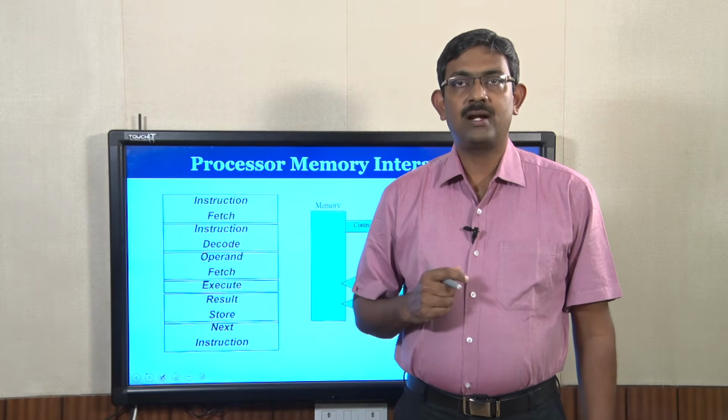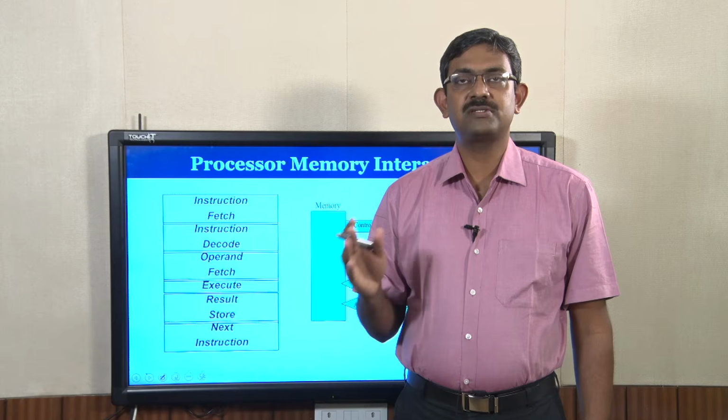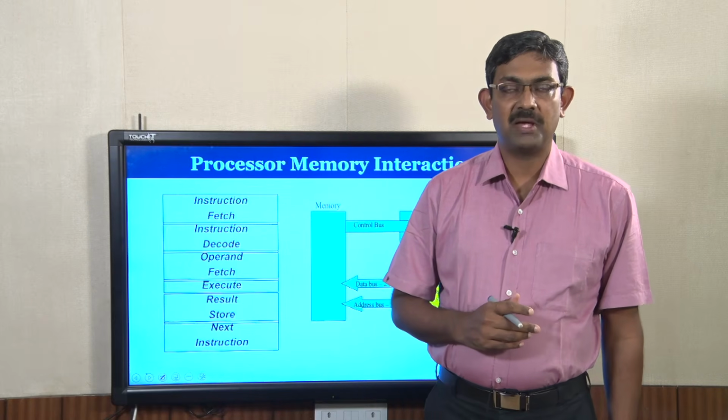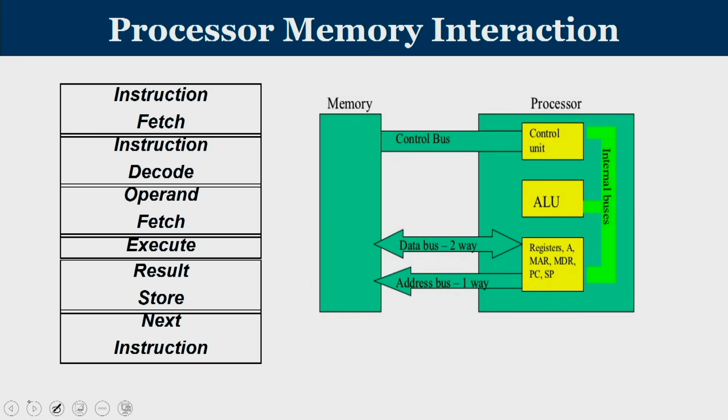We will now try to understand how a processor is going to interact with the memory, the interfacing of a processor and memory. When you look at the slide, you can see there is a processor which has an arithmetic logic unit which will take care of the basic operations, and the whole operations are controlled by a control unit, and we have a couple of registers which take care of all these operations.